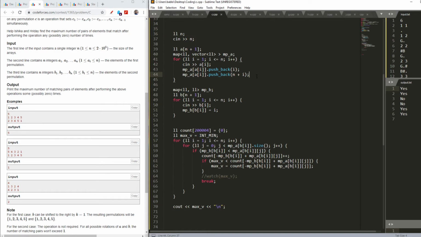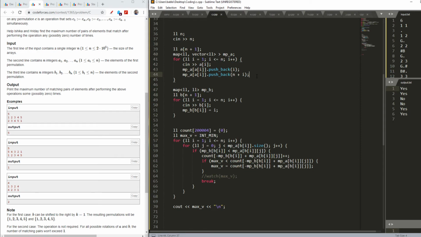Then I iterated my array from 1 to n, and from 0 to the size of mp of a, which is the vector size here. Although it is 2, it means it will only be 0 and 1. So no worries for that. I just wrote it in an exhaustive way.